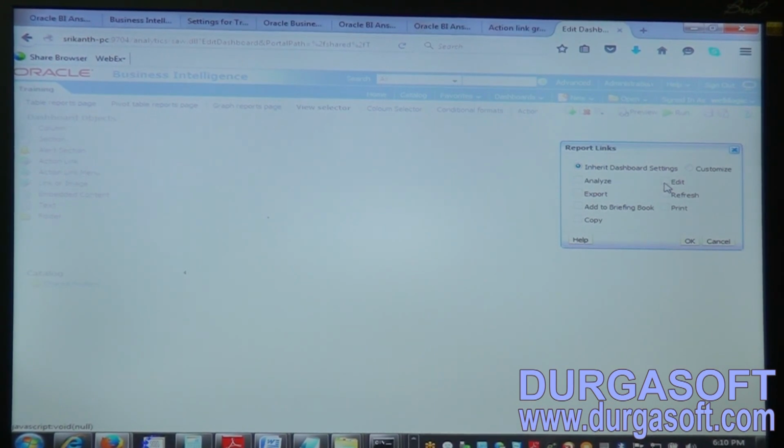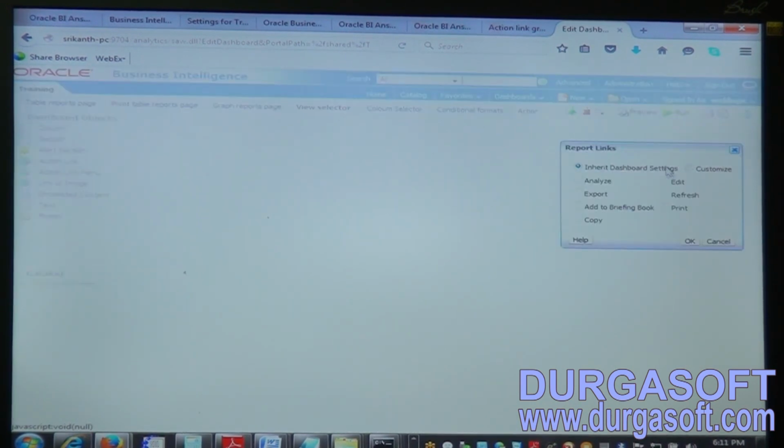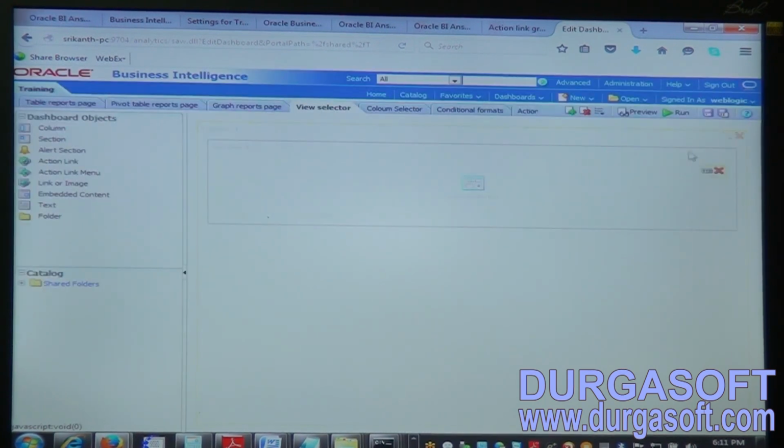If we want to provide a specific user the edit option, we can provide it, or we can provide print. First we need to select here page report links, customize, and we can select refresh, export, print. So let's see how this will display for the customer.